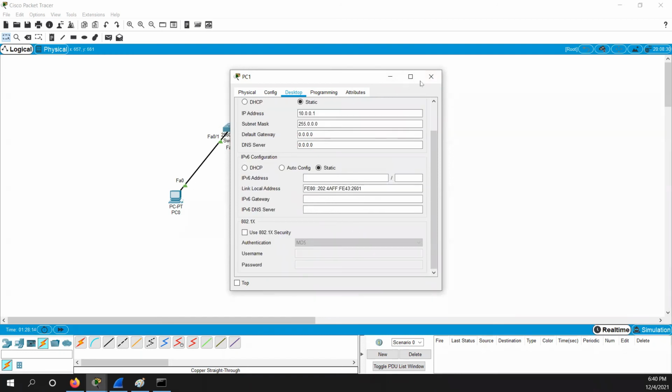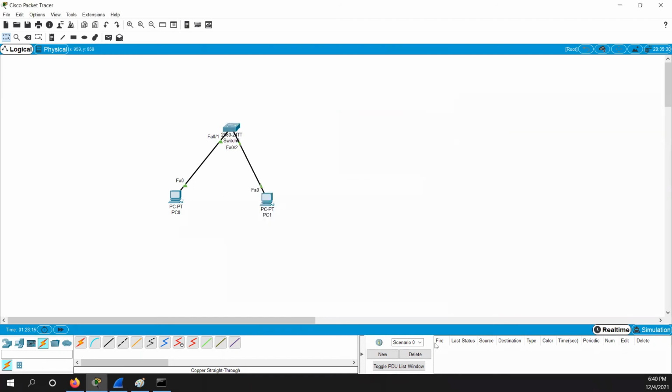I have just assigned this IP, and now I'm trying to send the packet. The packet failed over here. The reason is they are not in the same network, they are in different networks, and that's why